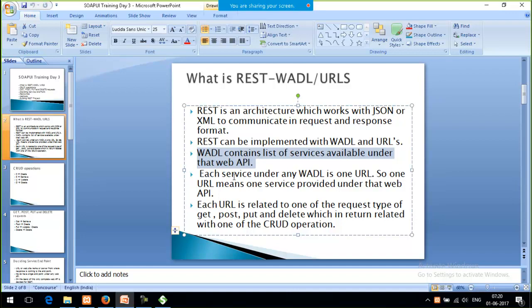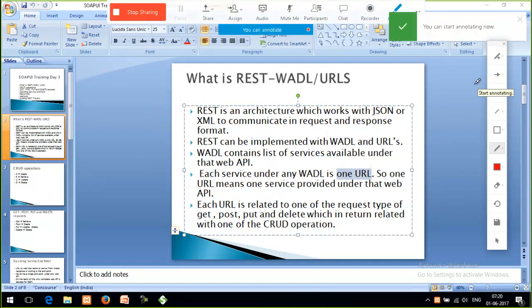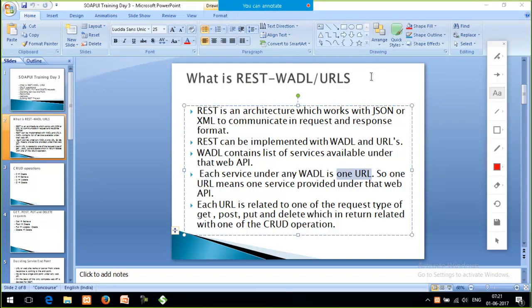WSDL is for SOAP UI web service, and WADL is a list of services available under any web API. Next, each service under any WADL is in one URL. Okay, now see the difference. How to get WSDL and how it looks: one link which contains many services. WADL, again it's going to be the same thing, but the URL is what? One URL means one service